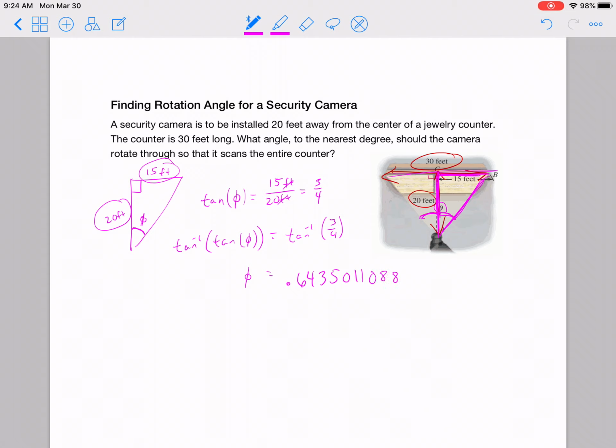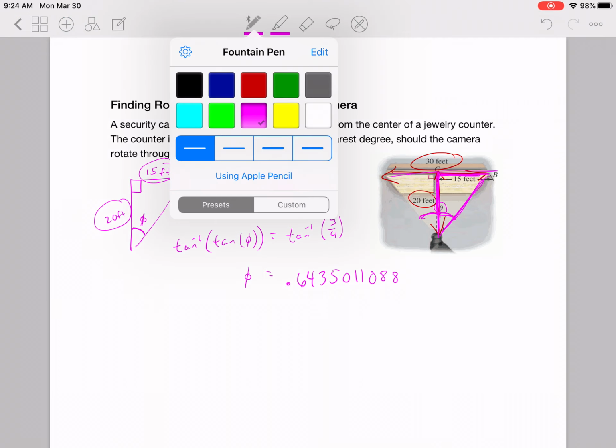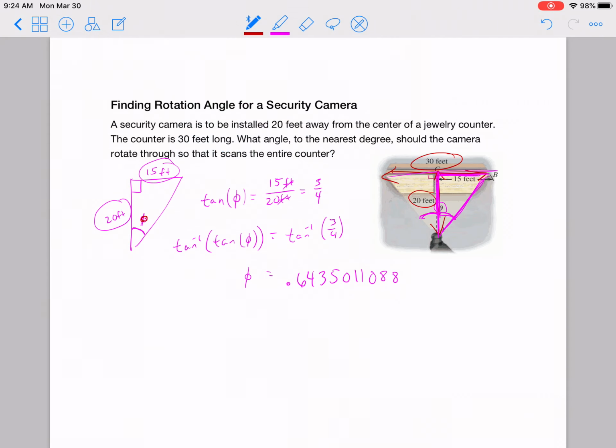You don't want to round until you get to the end. Remember, phi is only this little half angle right here. But we need the whole angle all the way across, so theta equals 2 times phi, which is 2 times that 0.643 whatever, which gives us